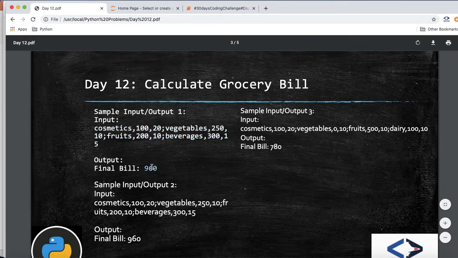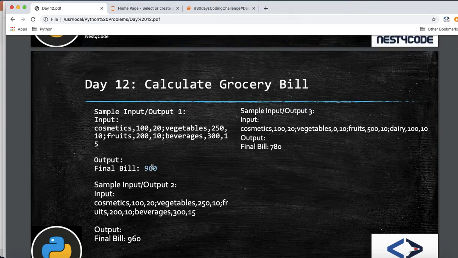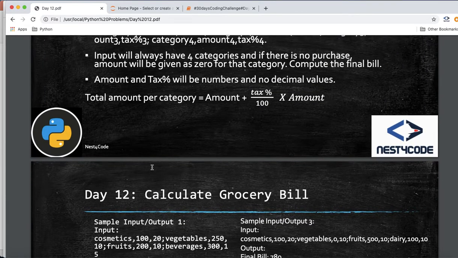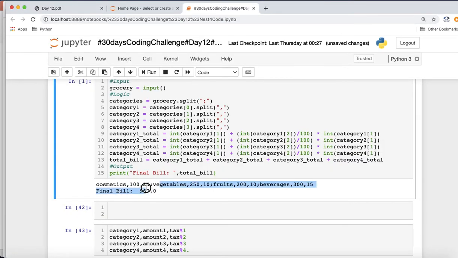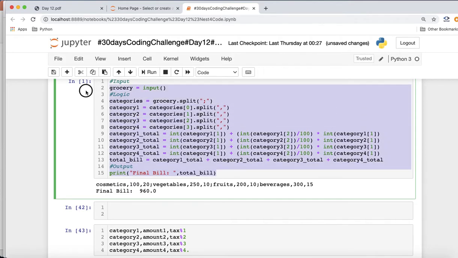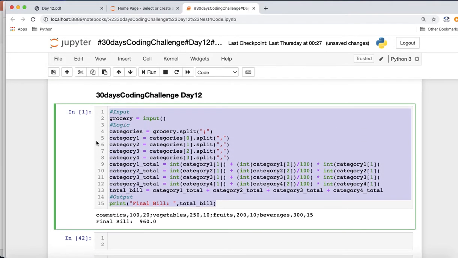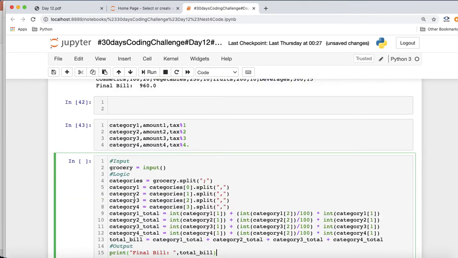This is fine. If you want this output also in the form of an integer, we can just typecast our result. For output there is no specific condition given, so that's fine. I think we can keep it as 960.0, and if you want it in integer form, we can convert it to int like this. It should be fine both ways. We should get the 960, and it should not bother us. So it's working as expected for the first case. Let's try to do it for the second case.